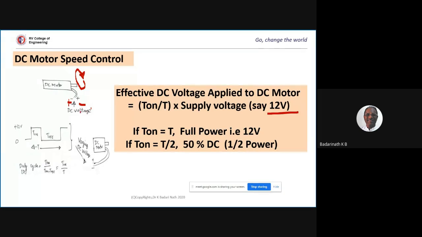If I bring it to 0 volts, the motor stops rotating. If I put it to 3 volts, the motor starts rotating at a particular RPM. If I supply 6 volts, it increases. If I give 12 volts, it reaches the peak. That means by varying the voltage supply to the motor, you can make the motor run at different speeds. Now, because all the controllers are digital systems,